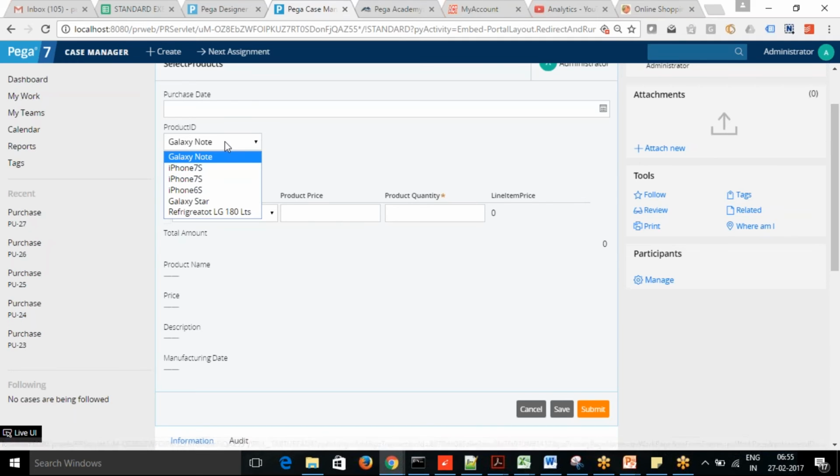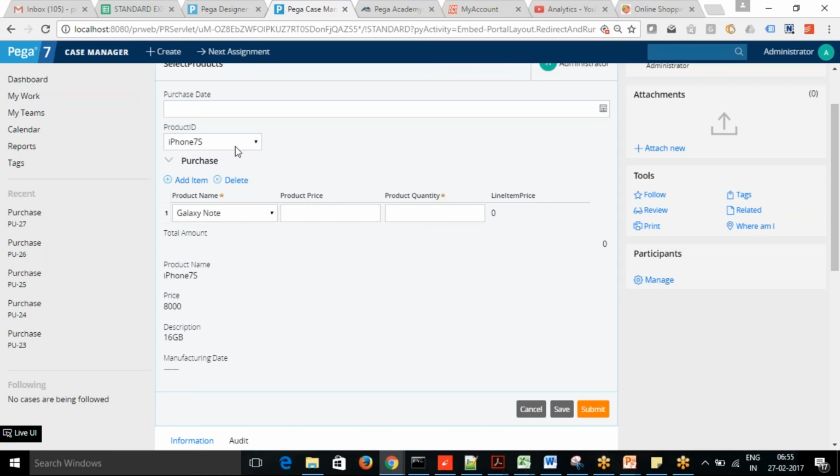If you change the product here, the details change here. This product ID is coming from a data page list. If you change any of them, it's an individual data page. So the value you choose, the product ID, you are passing here to open a data page once again to display all these details. So here the use of data page will improve the performance.